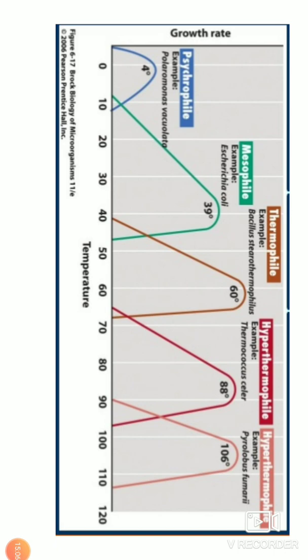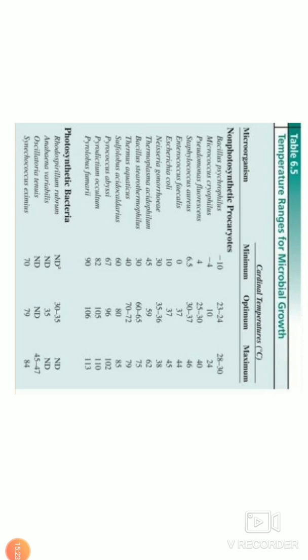Hyperthermophile, where the temperature optimum is a little higher than the thermophile. An example is Thermococcus celer. Another hyperthermophile example, which needs more than 100 degrees, is Pyrolobus fumarii. There is one more chart which shows the minimum, optimum and maximum temperatures required, and these are a few examples. Not only general non-photosynthetic prokaryotes, you have photosynthetic bacteria also,